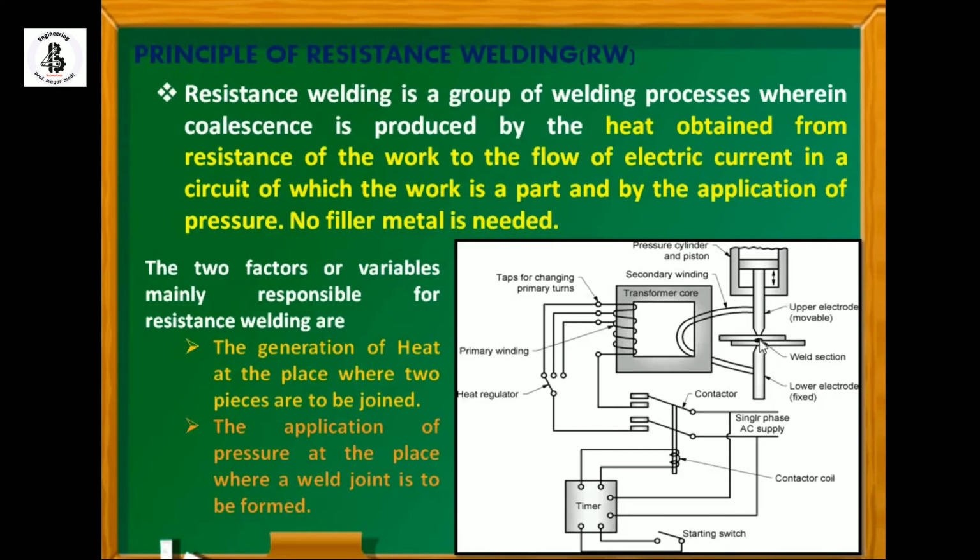So basically, in this process, the joining takes place by the application of the flow of current, and the plate materials act as a resistance to the flow of the current. Without filler metals and by the application of pressure, the joint is carried out on sheet metals. For this welding process, it makes lap joints. So if you want to make a joint on sheet metals, this process is well preferable.